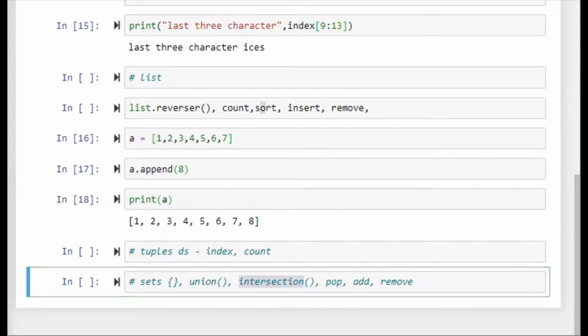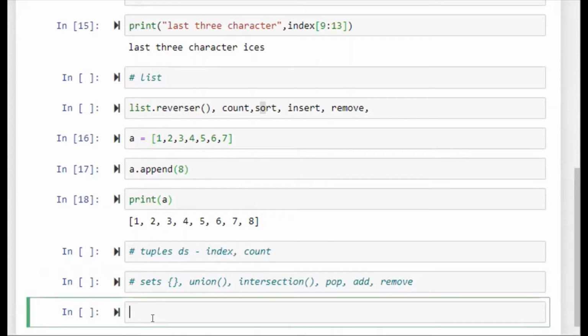Another famous data structure is dictionaries. A dictionary in Python is a data structure that stores values against keys, basically key-value pairs. We can have dictionary A, dictionary B, multiple dictionaries.